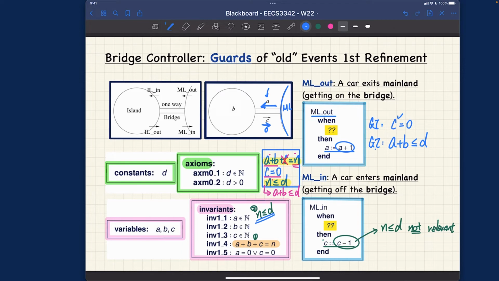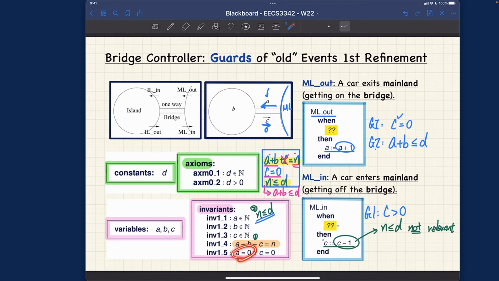So the only guard that we have to put over here, I'll just say put guard number 1: C is larger than 0. You might be wondering, should you also put A is equal to 0? That's a very good thought. However, I would claim that logically it's not necessary, because if I say C is strictly larger than 0, which makes sense because I want to make sure there's at least one car on the bridge getting off to the mainland, and if you compare C larger than 0 and also invariant number 5, it will imply that A should not be equal to 0.